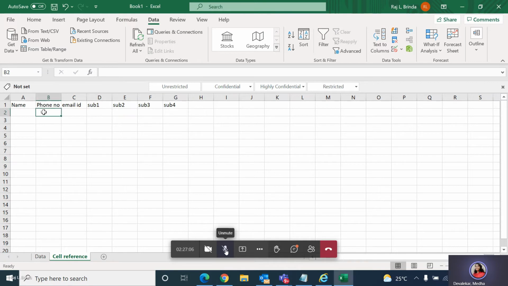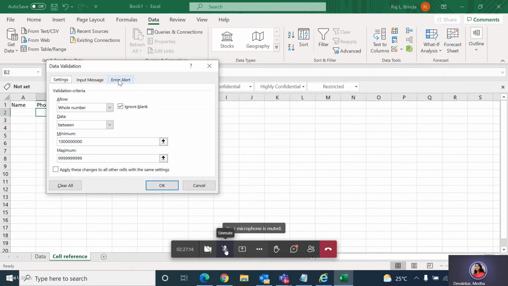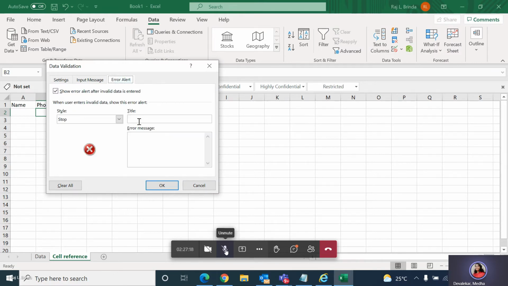We forgot to add some rules. Go to Error Alert, select Stop, give any title, and then write a message like, please enter a valid mobile number.